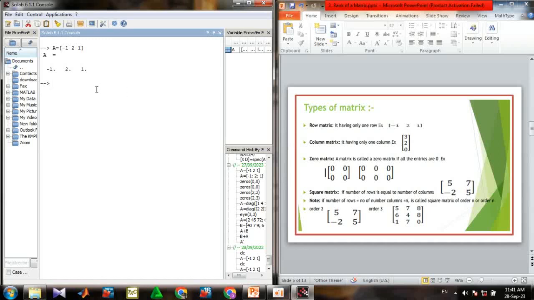Similarly, I am going to execute a column matrix. Here in the column matrix, how many rows are there? 3 rows and 1 column. So this matrix is called a 3 by 1 matrix. Again you type some other variable, D, or otherwise you can type the same variable, no problem. D equal to